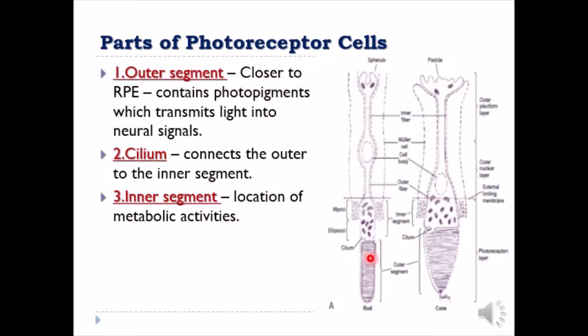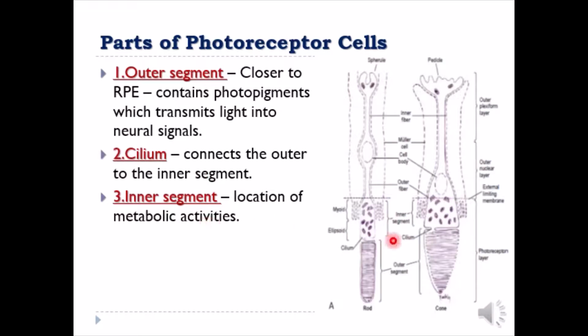The outer segment is closer to the retinal pigment epithelium. It contains photopigments which convert light into neural signals. We already discussed those photopigments in the previous slide: two types of pigments, one present in the rods and another present in the cones. The cilium, as we just discussed, is a junction between the inner segment and outer segment, a connecting link. And the inner segment, this whole thing, is the inner segment,